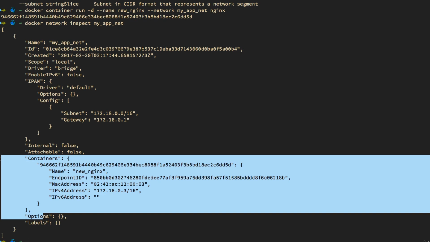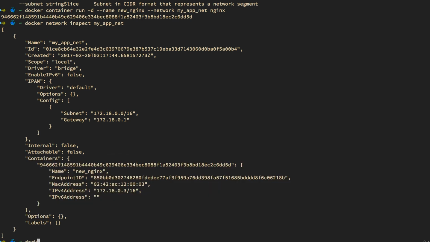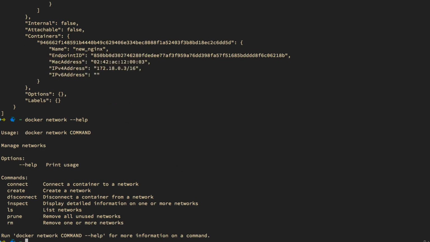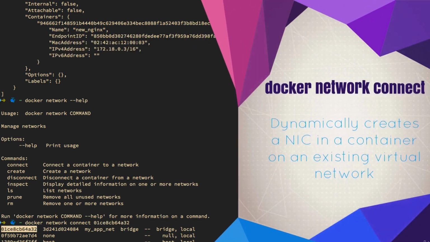But we don't actually have to start new containers, because just like in the real world where you can unplug and replug Ethernet devices and reconnect to wireless networks, you can also do the same with existing networks and existing containers. And for this, we use the docker network connect and disconnect options, and you can use --help to see all the options there for docker network. In this case, what we want to do is take the existing container that we created first and connect it to our new network. So I'm going to pick the new my_app_net network, and then I'm going to pick the original web host